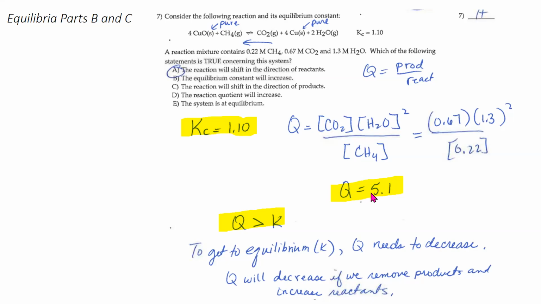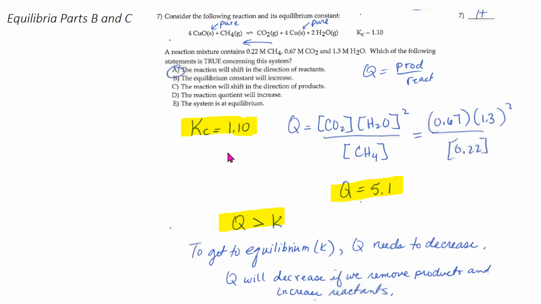equilibrium. So to get it to go to equilibrium, to get that Q smaller, I've got to get rid of some of my products and convert it to reactants, because that's the only thing that's going to make this number smaller. So the product value has to go down, the reactant concentration has to go up to get the Q to a smaller value. And once it gets to the K value, that 1.10, it'll stop because it will have